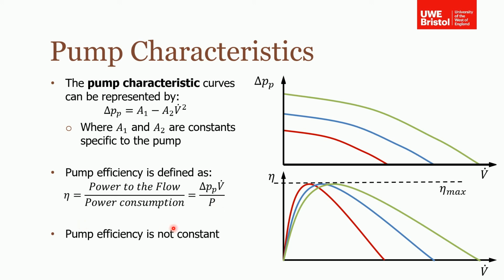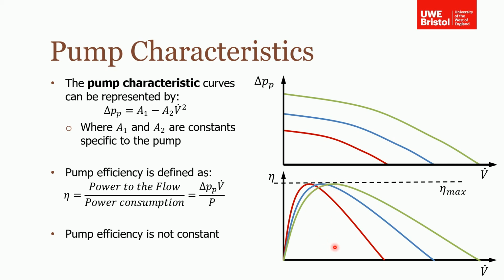However, the pump efficiency is not constant with volumetric flow rate, as perhaps you might have expected. So it does vary, and you can see here, shown in the graph below, how the efficiency changes with volumetric flow rate for each of the different speeds as well. So you can see that there's a peak, maximum efficiency,